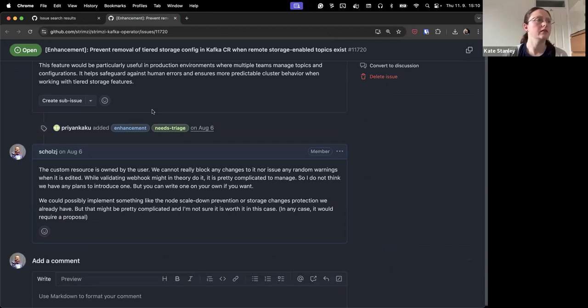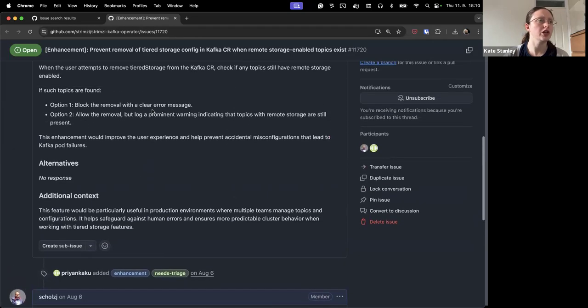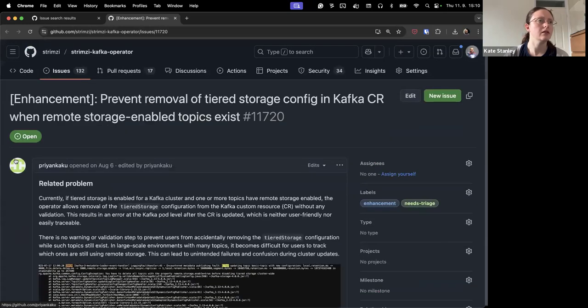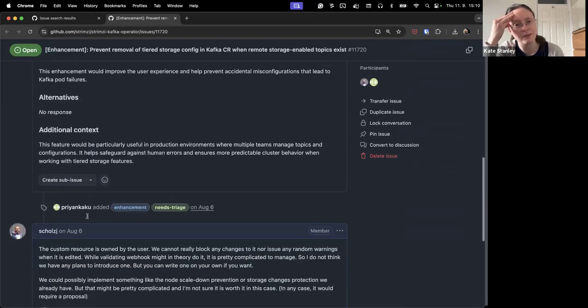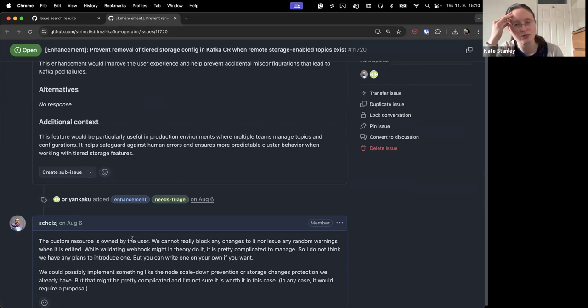This was another one where, in my understanding, I wasn't sure what change we would make within Strimzi, whether we want to go this route. It feels to me like maybe we would if a user wanted to contribute it, but I wasn't sure. So we definitely don't want to do a webhook, right? That's a mess. Say that again? That we don't want to do a webhook which would validate the changes. Yeah, that would be a huge mess.